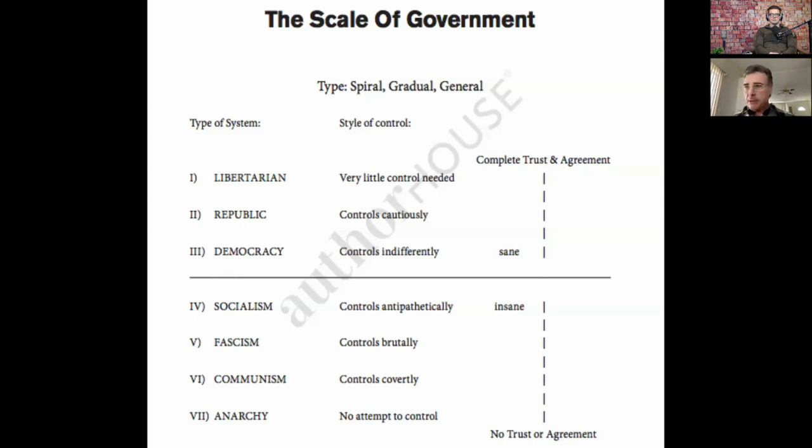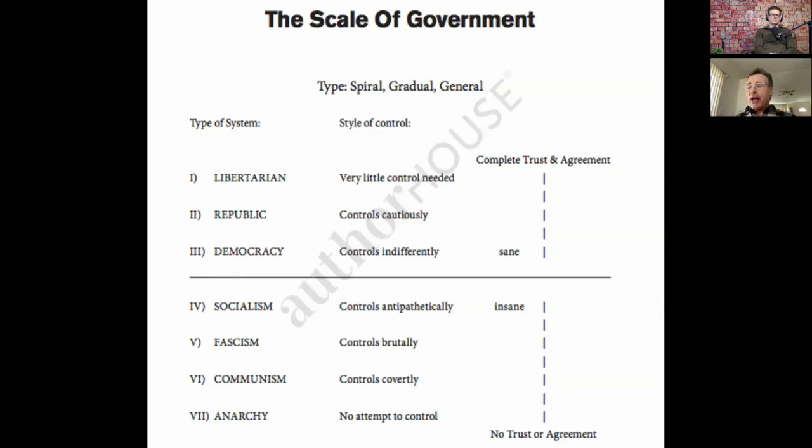It controls things. It says, we have a building code. Your studs must be 14 inches apart. You're not allowed to build a house with the studs 15 inches apart because it's our building code, and we are not going to give you the okay. When our inspector comes, he'll say, no, you have to tear this down and rebuild it. We're not giving you the okay to go ahead. Okay, that's what government does. They control things. Now, the more untrustworthy and disagreeable the populace is, the more control you need.